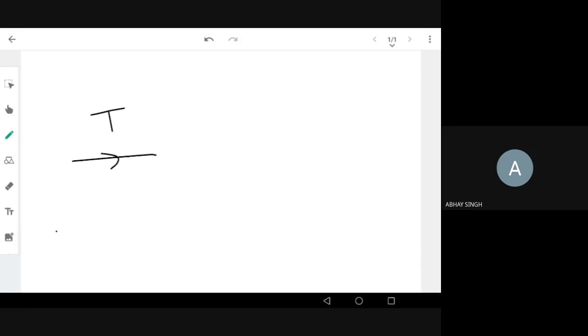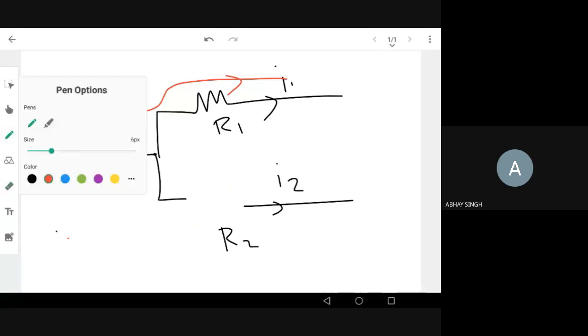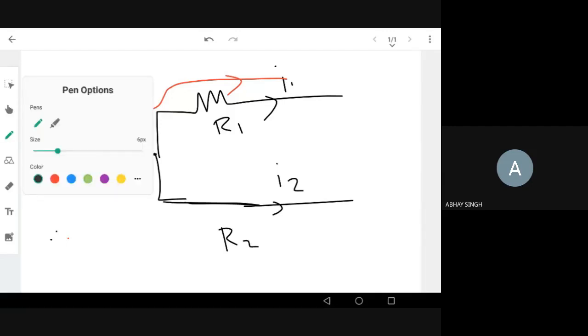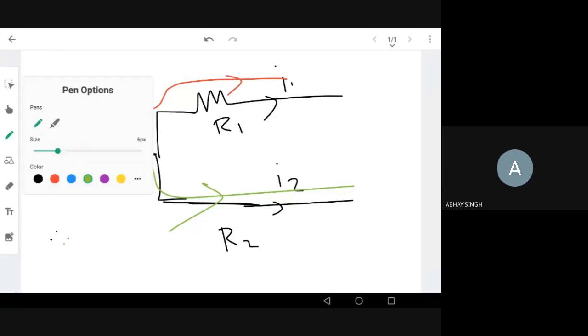We have a current I and we have two resistances, one resistance here and one here. This is R1, this is R2. So how does the current divide? This is I1, this is I2, right? This is simple. If I disconnect one of the resistances, we know the whole current is going to pass through the other, right? And if I short circuit one of the resistances, what happens? The whole current is going to pass through the bottom R2 because it is 0. So this you have to understand intuitively, and also based on equations.